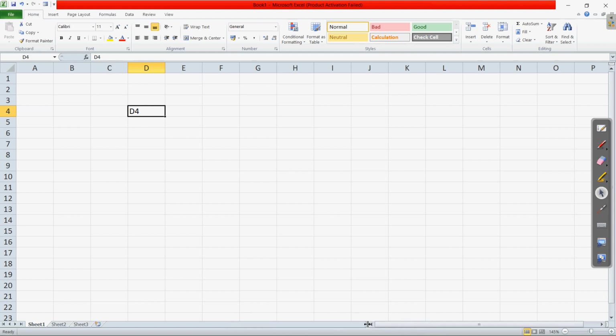So using this we can change the scroll bar size or the area which is present in any of the sheets in a single window. The same is here also, on the scroll bar which is at the top.